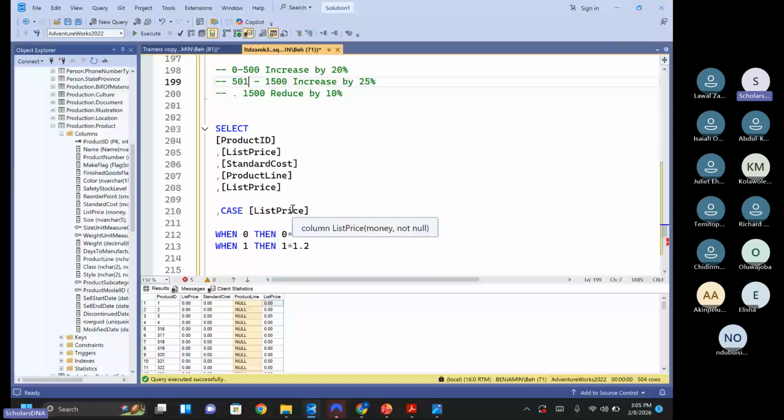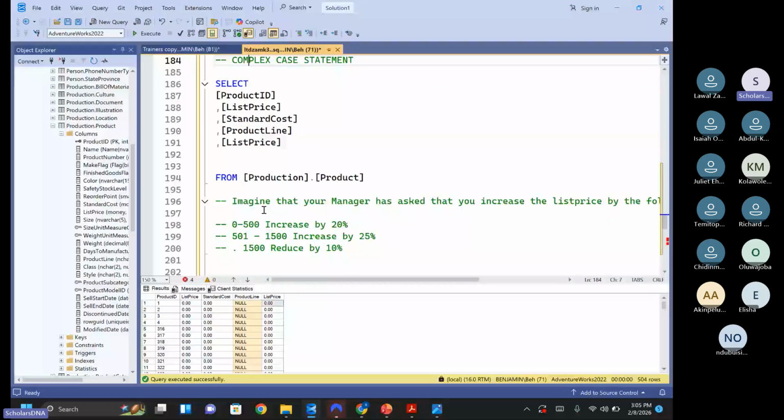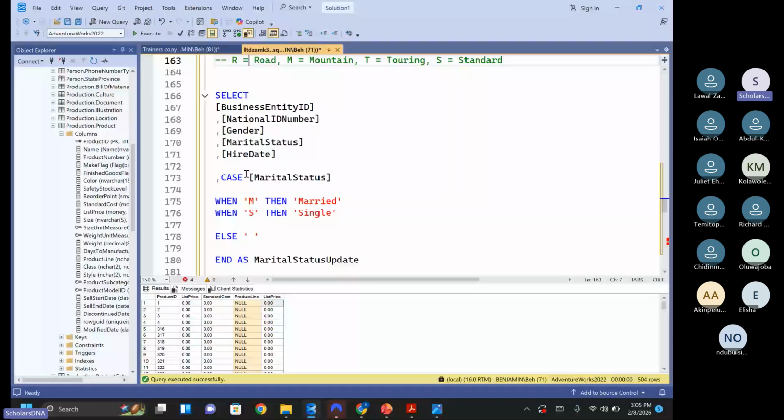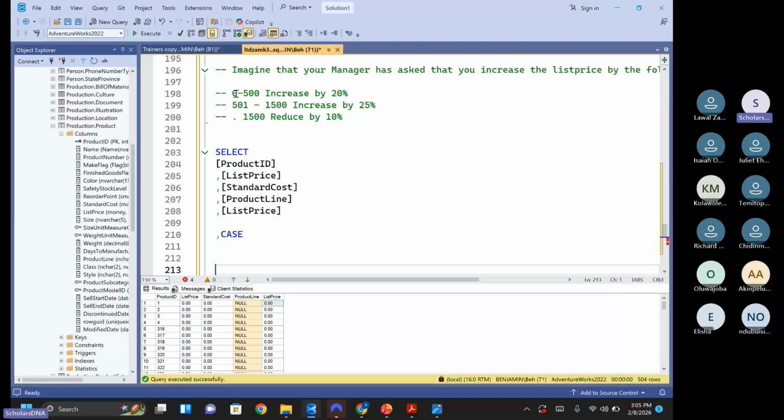The reason why this is different from the simple case is that in this particular situation, I'm not supposed to write a list price in the case one by one. Look at the first simple case statement. In the case of marital status, I was dealing with one column that has one point of reference. But in the complex case statement, I'm dealing with a range of values and I cannot pinpoint every number between 0 and 500. So to solve this problem, I'll write in a case